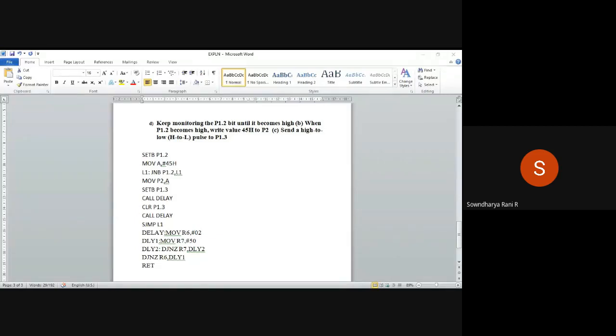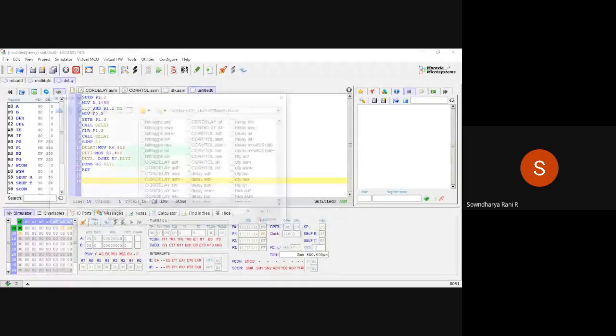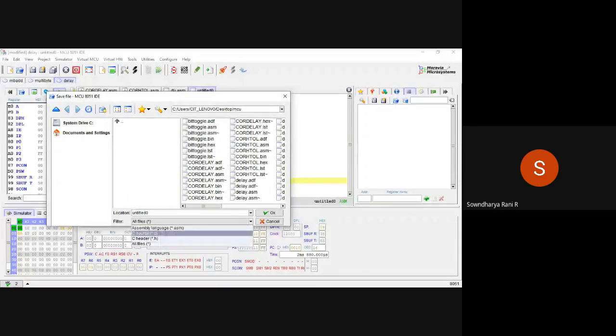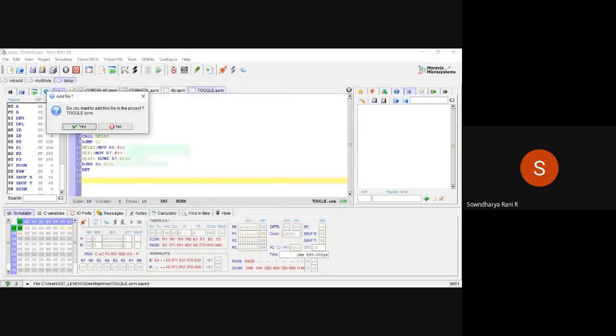I'll put this in the simulator. Okay. So you should monitor the port 1, right?